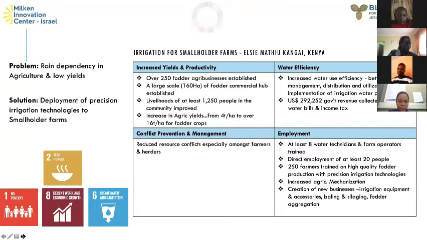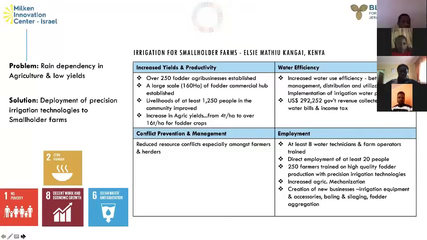But these are some of our past fellows. I want you to get a little bit of a sense of how they started off just the way you are right now, hearing about this idea and wondering, what does finance have to do with it? And how can we use financial tools in order to deploy and accelerate the adoption and deployment of technology to solve these problems? So in this case, Elsie Kagai, who's one of our fellows from Kenya, worked on a project on the food and fodder connection and trying to develop a deployment of specific precision irrigation equipment for fodder,